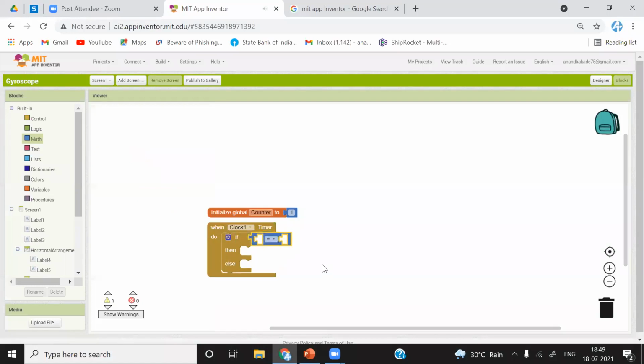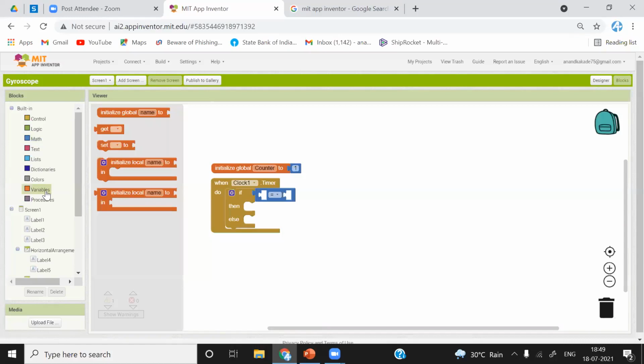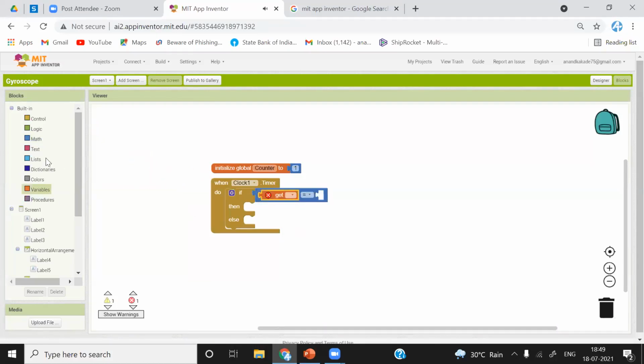We have to compare numbers because it is integer, and I will go to variables again. Get variable. I will click on it to get variables and select global counter. What I will do, I will compare with a number, greater than equals to. If the counter is greater than equals to 3 seconds, we will generate a delay of 3 seconds.